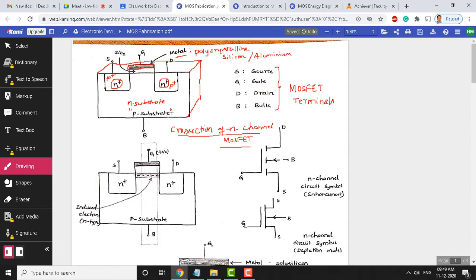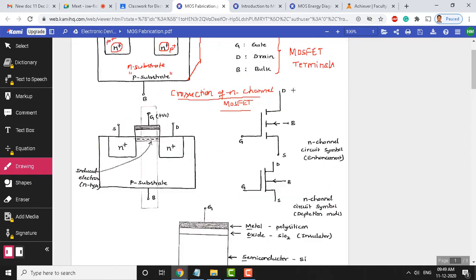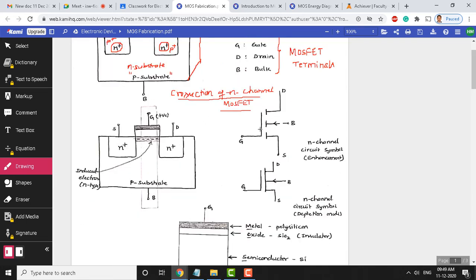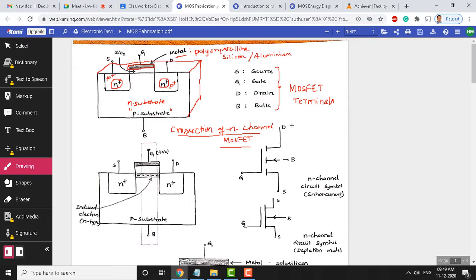But in our discussion we will consider always n channel MOSFET. So, it becomes easy for you to understand. Let us assume in our discussion throughout the course we are going to consider n channel MOSFET. So, that means we will see a p type substrate and two n plus regions which are acting like source and drain regions here. And if you look at circuit symbols of this n channel MOSFET, which is as shown here, there is a gate you can see here. Again, the circuit symbol differs with reference to the type of MOSFET.